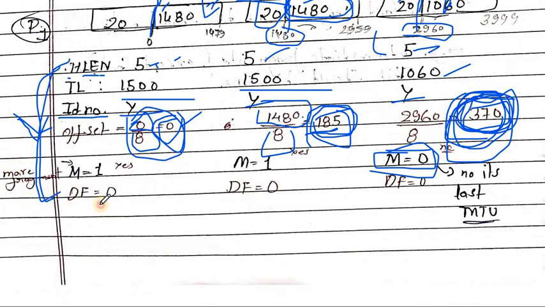Here the value of DF is 0, which means yes, we can create a fragment. The DF value is used like this: if the value is 1, we can't create fragments of this packet. If the DF value is 0, yes, we can fragment the packet if we need to.